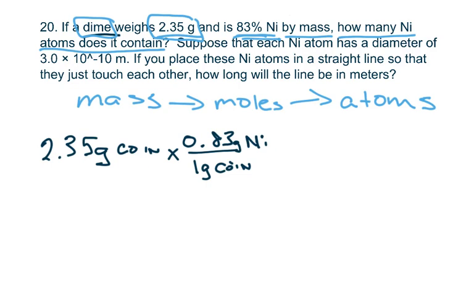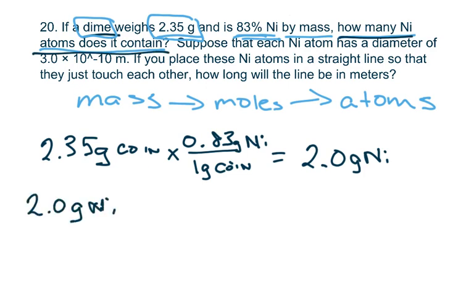So if we multiply those two things together, we end up with 2.0 grams of nickel. That's how much is in a dime. And at the end of the day, that's all we care about. So then with that, how many nickel atoms does it contain? Well, we go 2.0 grams of nickel times, nickel is 58, just from the periodic table, oh my gosh, 0.69 grams of nickel,